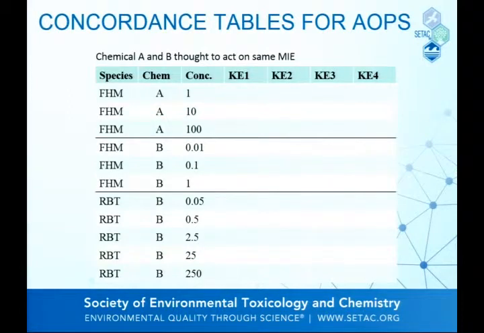So this is an example of what a concordance table might look like for an AOP, where we've got one species here exposed to chemical A over 3 different concentrations. We'd look at the concordance across our key events to the extent that they've each been measured. Those measurements may be from different studies. Then we've got another experiment exposed to a different chemical. There's a different dose range, so we can't really compare A and B. Here's B tested, again, in another species altogether. So we kind of have to deal with each of these separately, but we organize it into a table, make the evaluations, and then try to do the overall assessment.